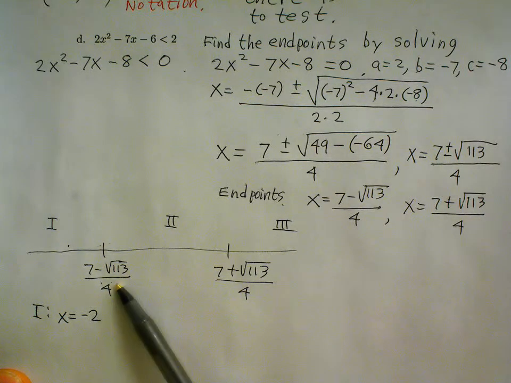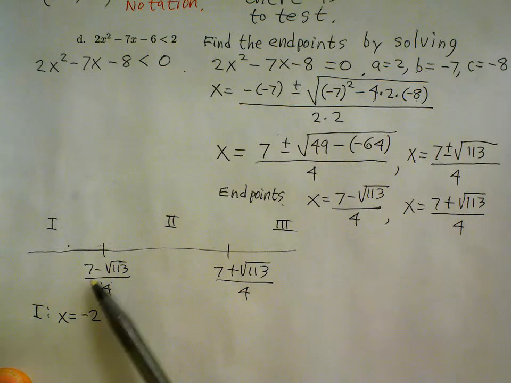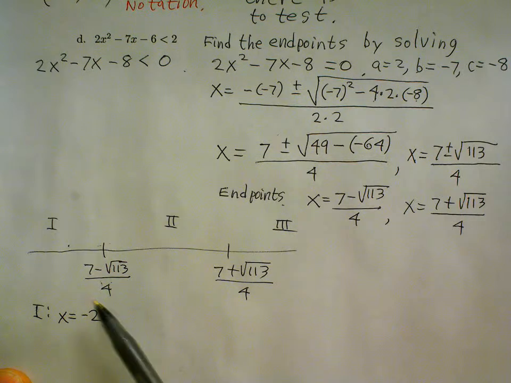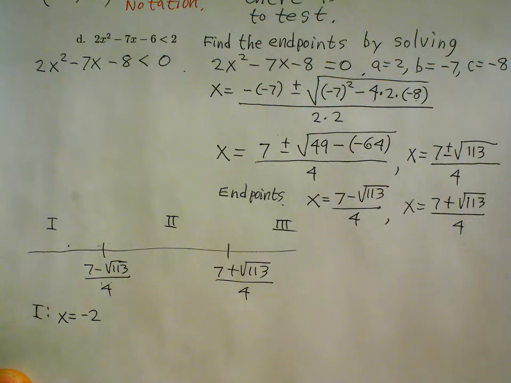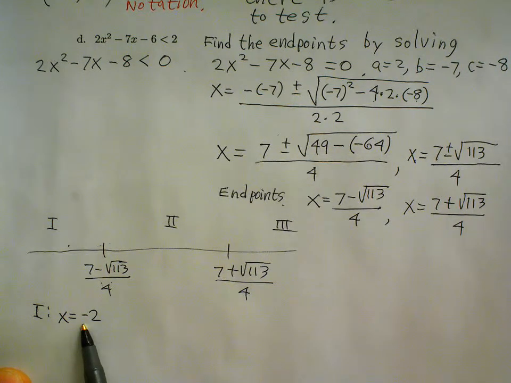You're also allowed to use a calculator, so you can find 7 minus the square root of 113 divided by 4. You'll find that this is greater than -2. Okay, so in the inequality,